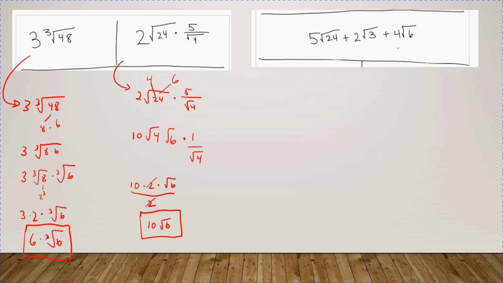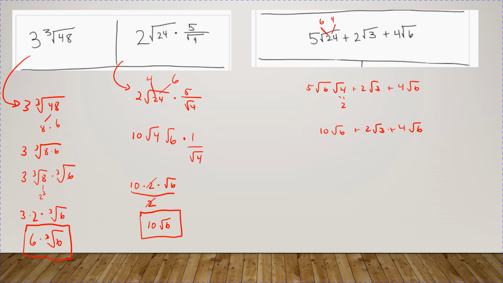And then you're going to see, like here, you're going to want to try to do the same thing here. Okay. So look, 24 is 6 times 4. Okay, so this is 5 times the square root of 6 times the square root of 4 plus 2 square roots of 3 plus 4 square roots of 6. Now we can't simplify the square root of 3 or the square root of 6 because they're not perfect squares. Well, square root of 4 is 2. And then 10 times 2 gets me 10 square roots of 6 plus 2 square roots of 3 plus 4